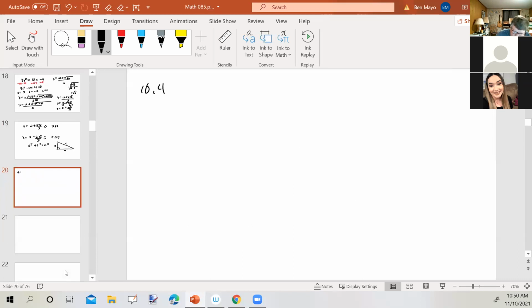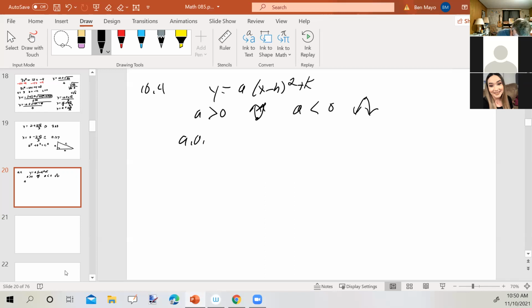Section 10.4. We had y equals a times x minus h squared plus k. If a is greater than 0, we get a parabola opening upwards. If a is less than 0, we get a parabola opening downwards. The vertex is either at the bottom when it opens up or at the top when it opens down. The axis of symmetry is an equation, x equals h. If you just put the h value in, it's going to be wrong. You've got to write x equals. The vertex is at